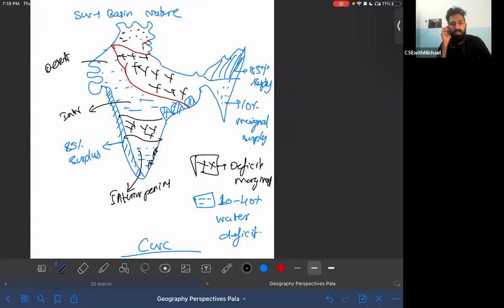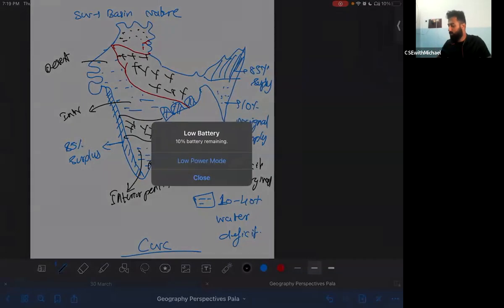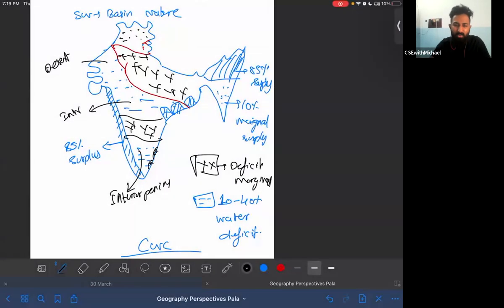Conceptually, surface water development, how much, what dams are built, multiple river valley projects, all these used to be studied in the earlier days. But it occurs to me that these kinds of questions are not asked. This factual expectation is very less these days. So it will be very difficult even for you to mug up all these things. And I think that is not